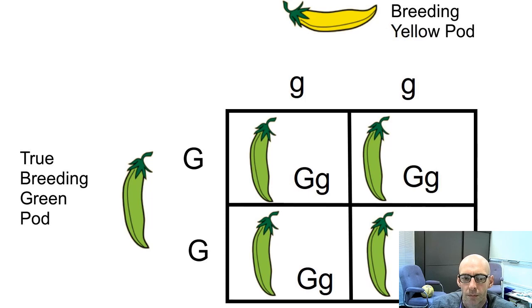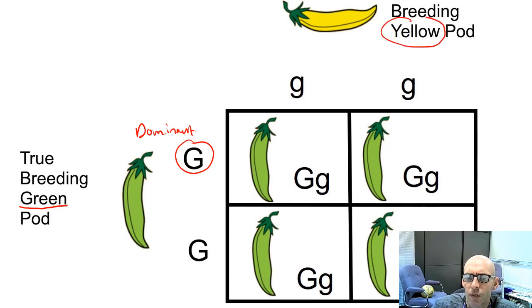So here's an example. Here, why have we used a capital G for green? Well, we've used that because that must be the dominant gene. And you want to get used to using these words for any cross at all they give you. Here, we've got a yellow one against the green, and they've used the letter G. So therefore I know that's the weaker gene, the recessive one. The dominant would show. So if you get a green and a yellow, you're going to be green.